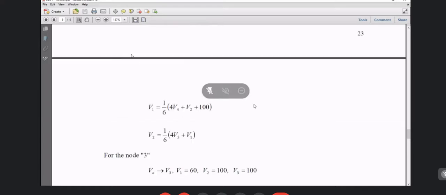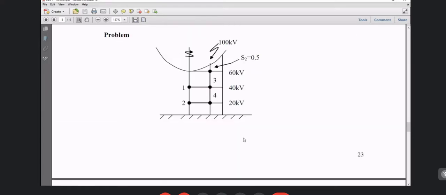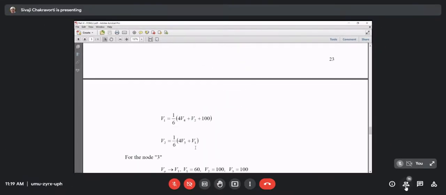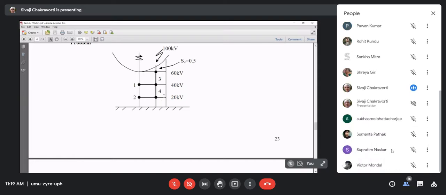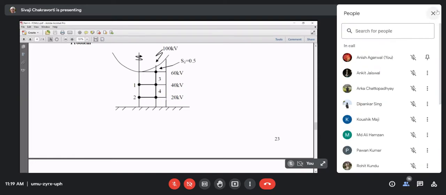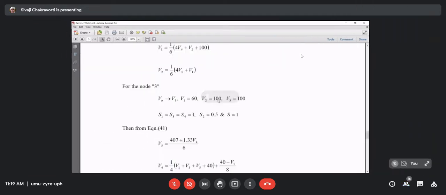So when we write the equation for V1 and V2, I can use the equation for equal nodal distance, which we discussed in our last class, and that is this equation. And node 1 and 2, you have to remember, are lying on the axis of symmetry. So we have to use the appropriate equation. Similarly,